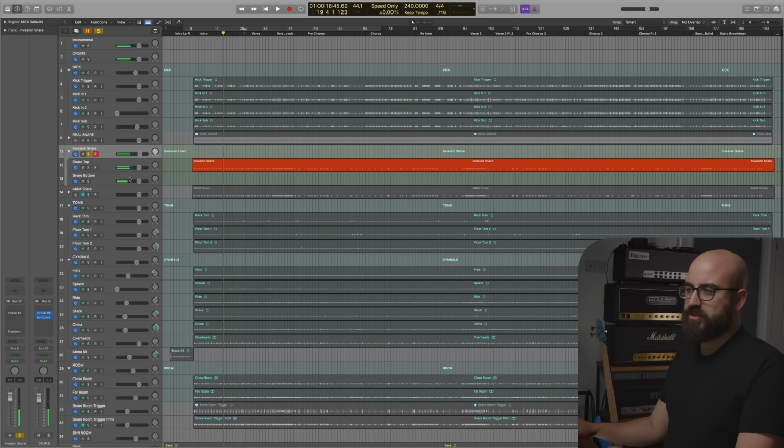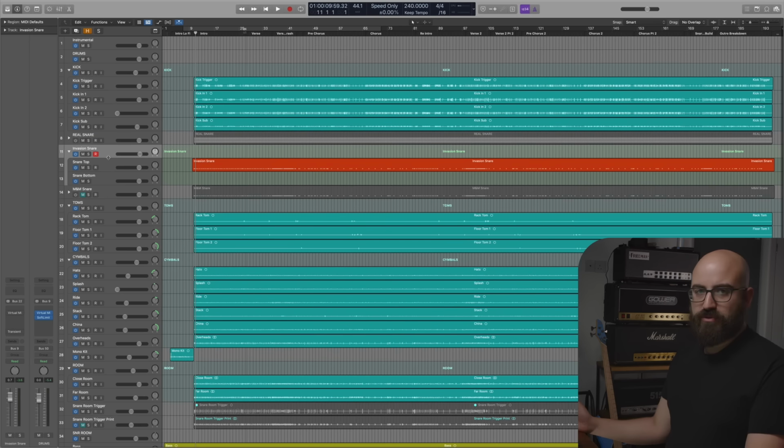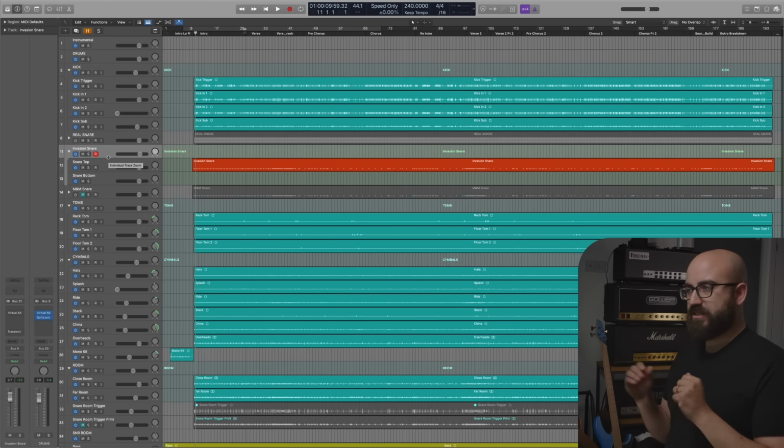Halfway through, I just put the snare bottom channel back up to unity so you hear it exactly as it's coming out from Invasion. So that's obviously, you know, it sounds like a raw snare drum. And these are just completely raw. The Invasion session, we did literally nothing to the signal on the way in. So it is just about the most basic starting point you can be at when you're mixing